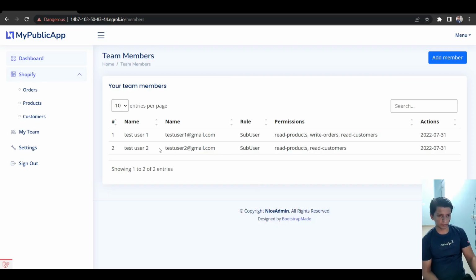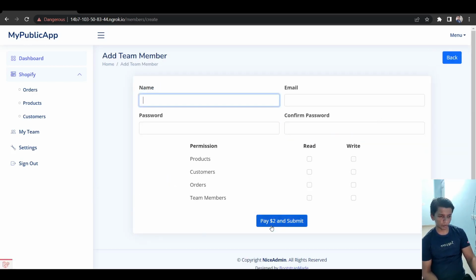Completed the flow where if we add a member, then I have to pay $2 for this, which